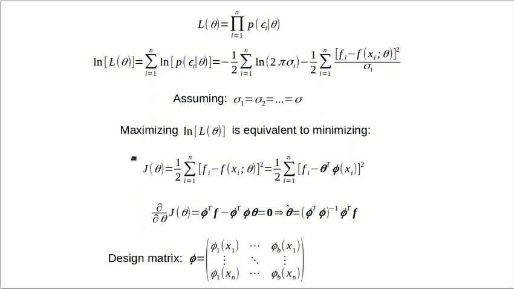is equivalent to minimizing this part, because sigma i is a common constant, so we can take it out, and then it's equivalent to minimizing this particular function, right? Because we have to account for this minus sign, right? So maximizing this negative function with the minus sign is equivalent to minimizing this J function without the minus sign here,